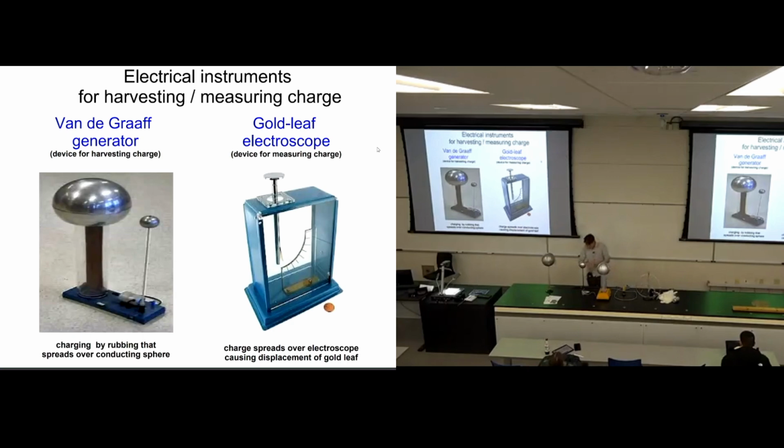So we talked about rubbing glass with cat's fur, rubbing plastic rods with silk. It's kind of laborious, it gets old. I want to harvest more charge. Well, the Van de Graaff generator does that. If I switch it on,